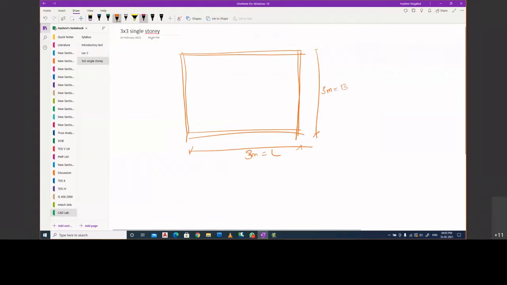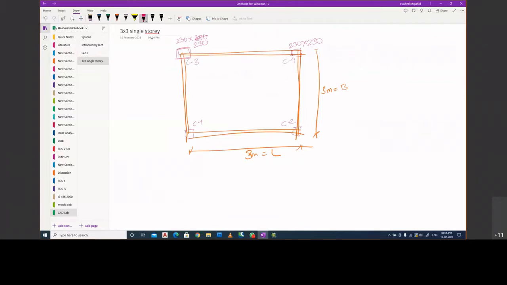And we have, say, 4 columns. And we have kept the size of these columns as 230 mm by 300 mm. Or if you want, we can change it to 230 by 230 as well. Let us make it 230 by 230, more simple. All 4 columns are of the same size, square shaped. So this is C1, C2, C3, and C4. These are the 4 columns we have.